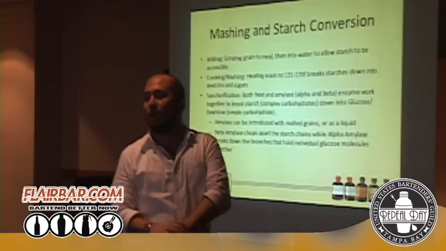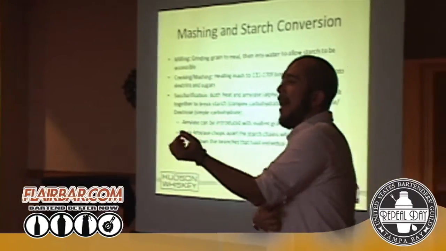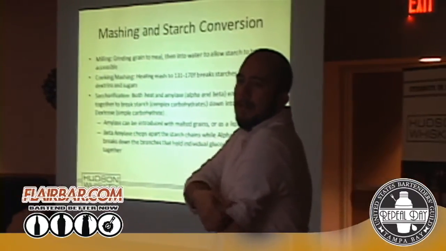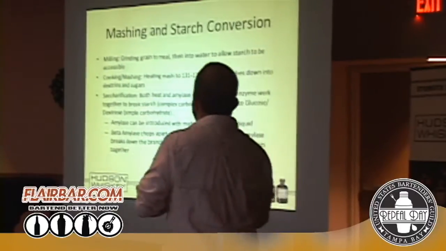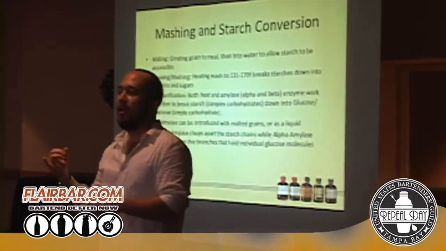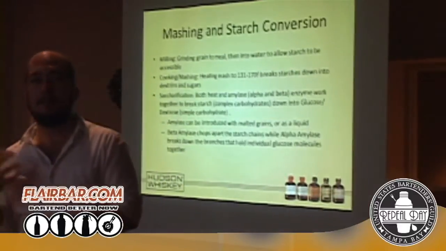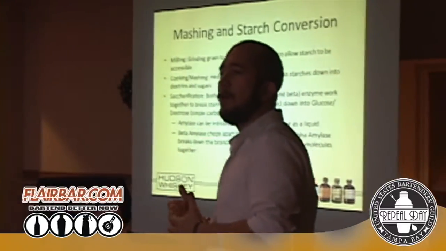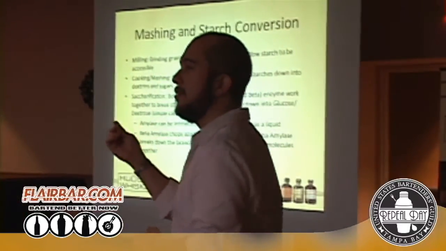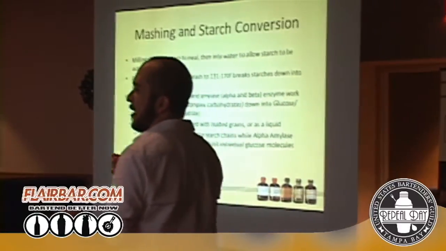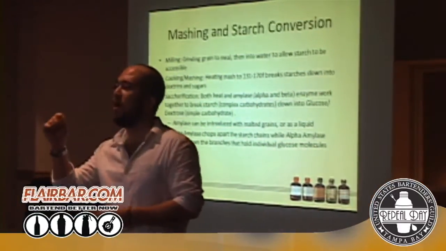So now we've got the grain. We've got to figure out how to access those sugars. We want to get to the sugars so we can get high, right? We're going to mill the grain so that we can access the starches. We're going to cook it in water, and we don't want to go into a flour at this stage. We want to go more like a meal-like consistency, so we can get at those starch molecules.